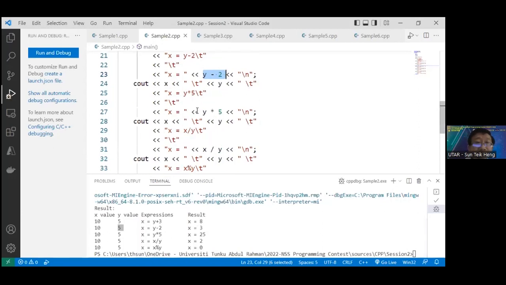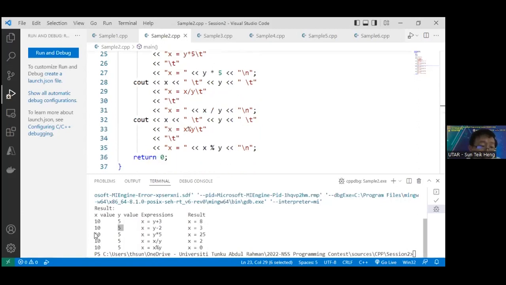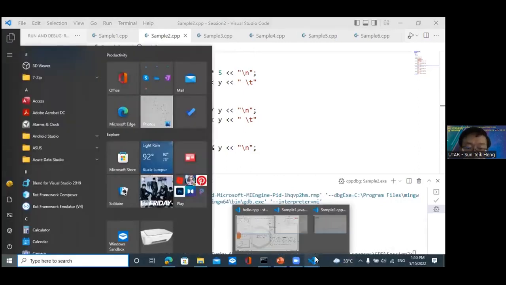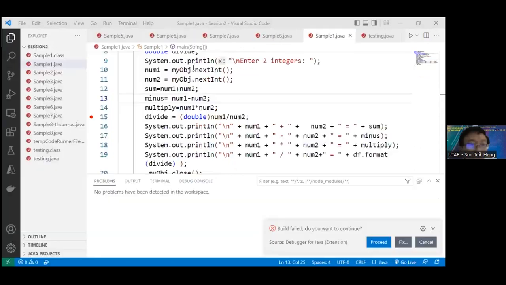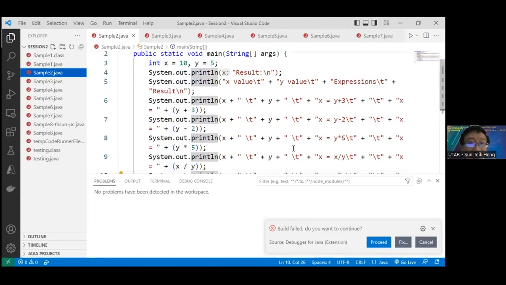So the same thing, okay, so you go through it, it is the same process. Therefore, you get all this result here. All right. So we have achieved the result as stated in the question. Now, if we want to achieve the same thing using Java program, so in your Java program, sample2.java, okay, so in your Java program,